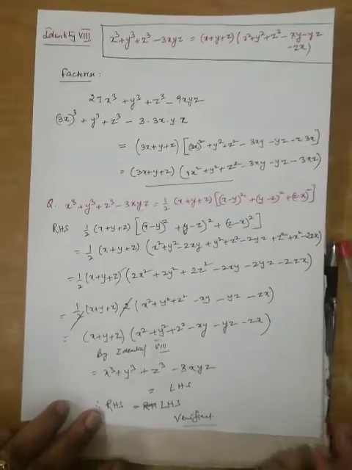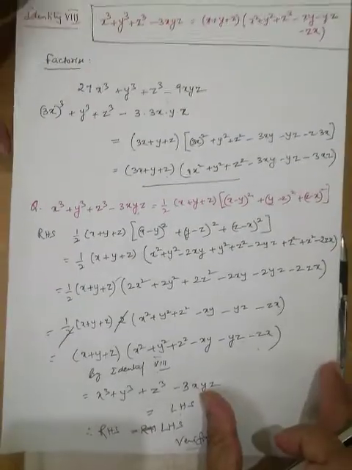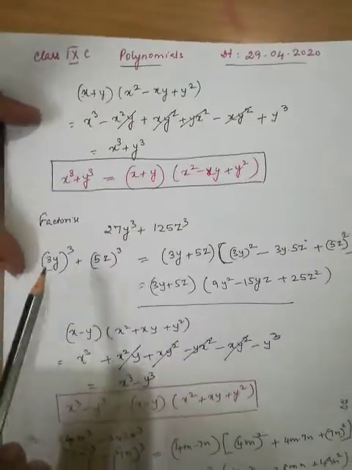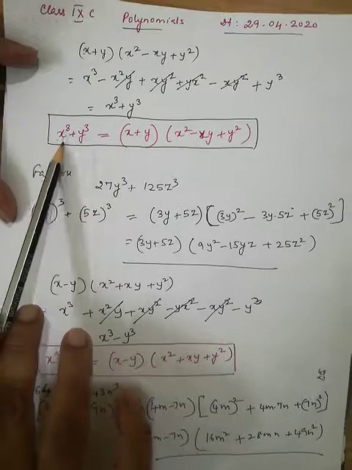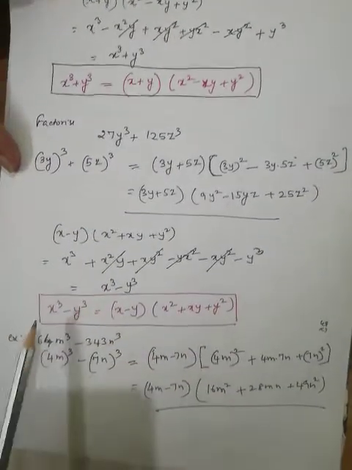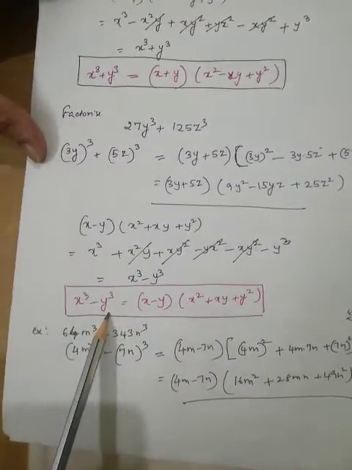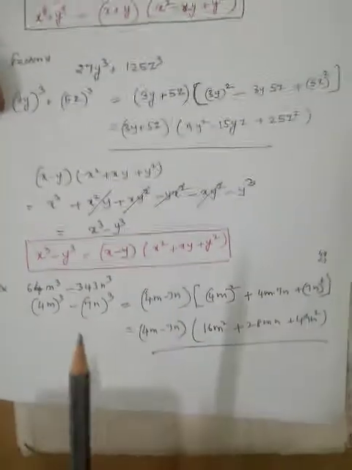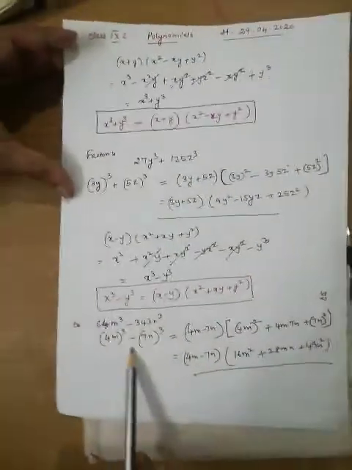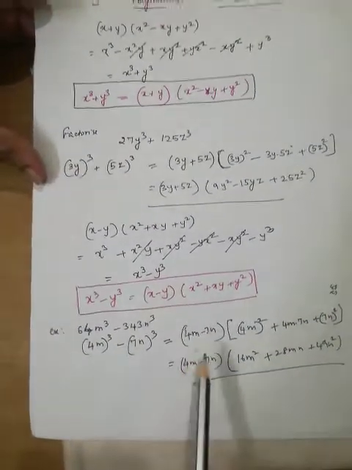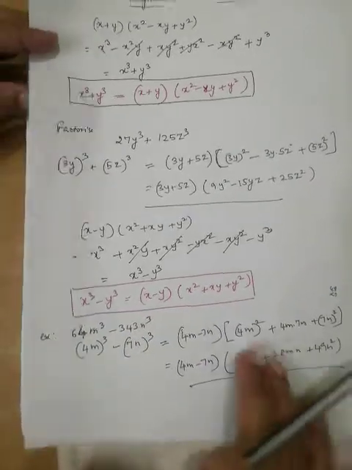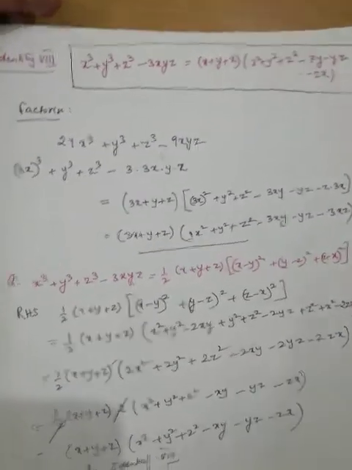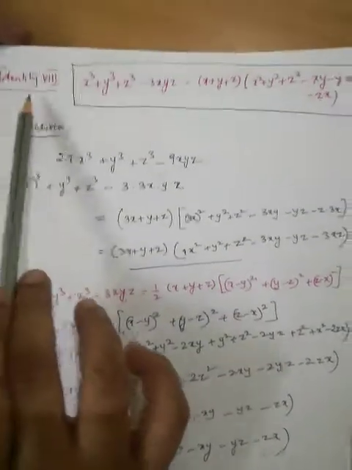Okay, enough for today. Listen here, today what we have done, first we have done how to factorize the expression when it is written in the form of x cube plus y cube or x cube minus y cube. These two things also you should know by heart. You should know what this formula is. And then using these two, we tried to factorize the cubic polynomial. Then we did the important and the last identity of this chapter, and that was identity number 8.